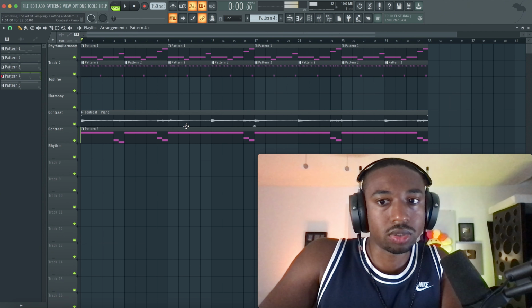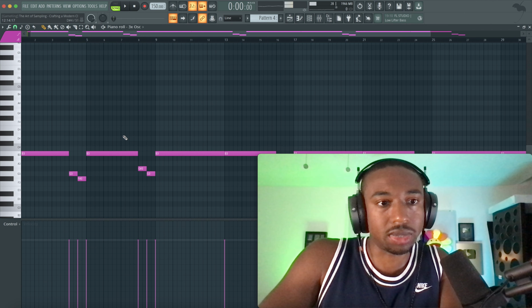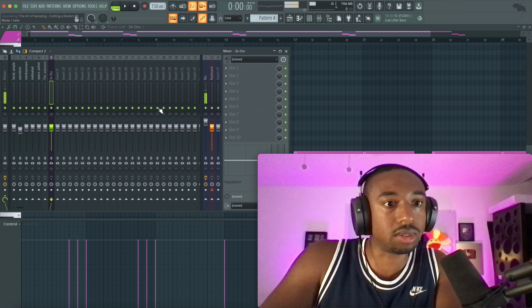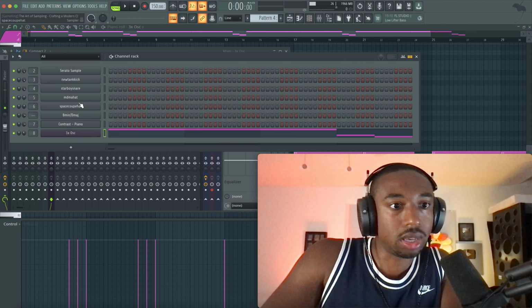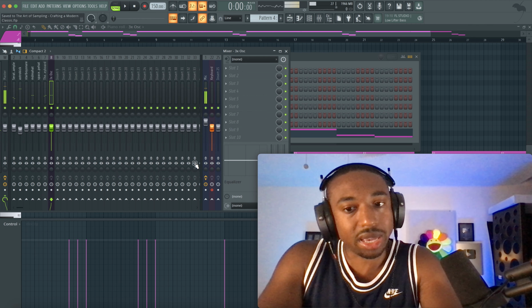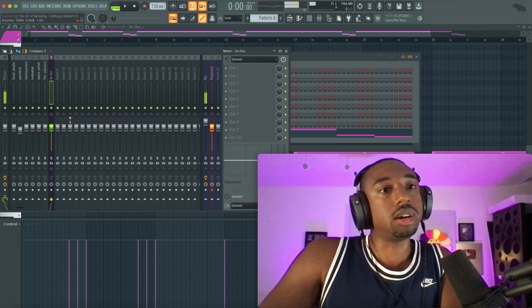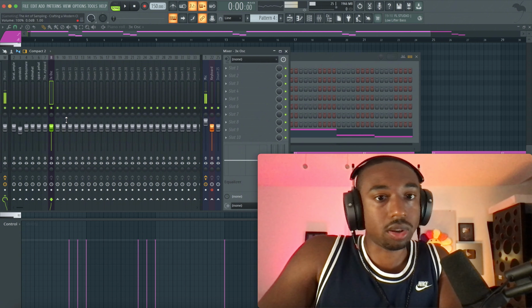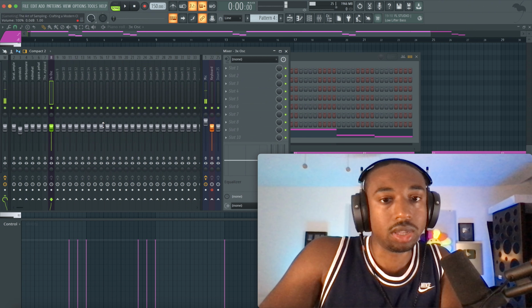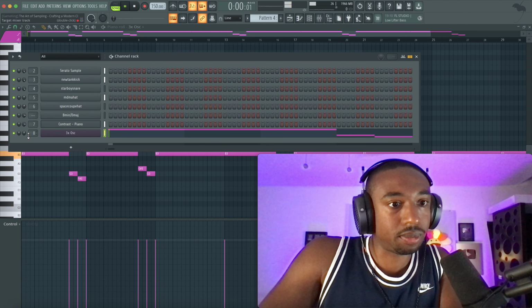All right, now match the notes. We're gonna go in and pull them down an octave so they're only in the sub octave to create what's called the fundamental frequency to really boost up the lows here. And let's turn that up. Now it's gonna get crazy with the kick, the bass, or I should say the bass with the contrast piano and that sound. So we're stacking up a lot of frequencies. We might have to sidechain, but for now, let's just level it out.